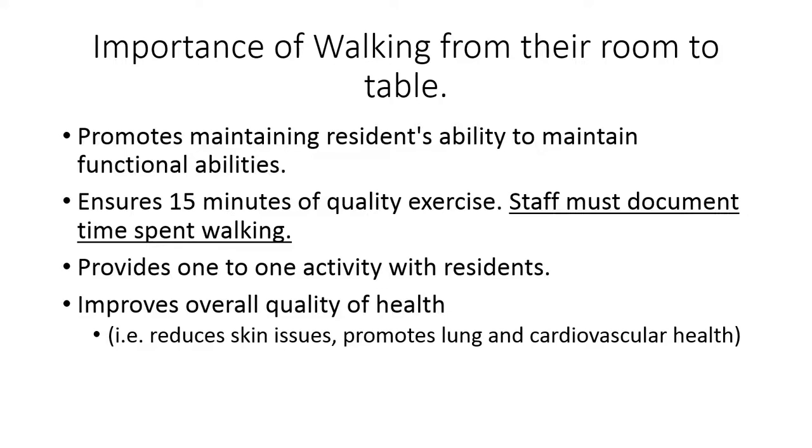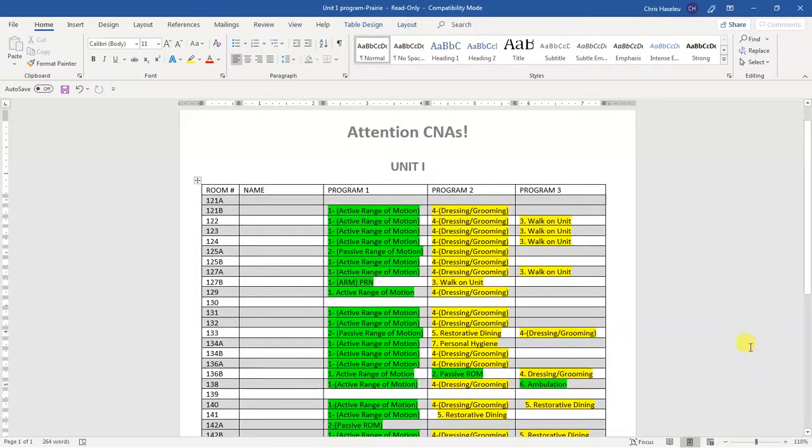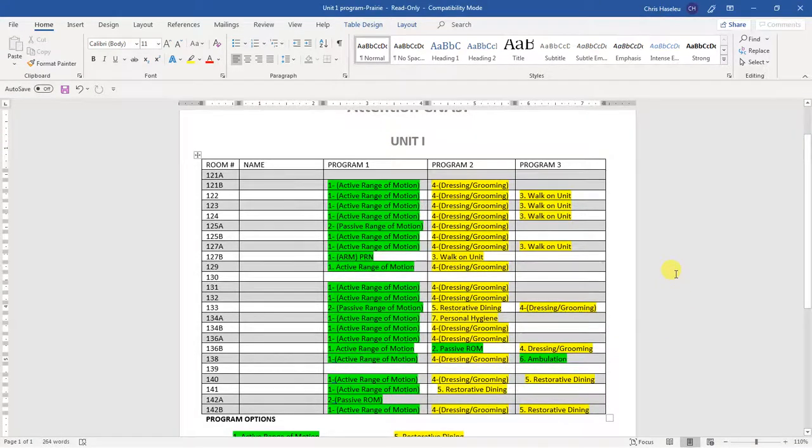It provides one-to-one activity with the residents. They value the time spent with you as well as the physical and quality of health abilities that they get from it, which can be reducing skin issues, promoting lung and cardiovascular health. I will show you an example of what our walk to dine lists look like on the units while you're working. This is a fictitious example with